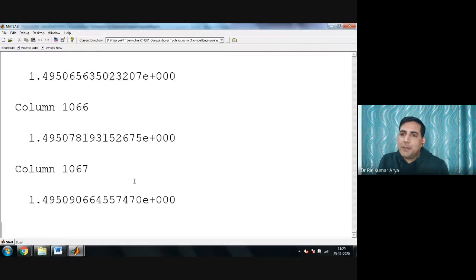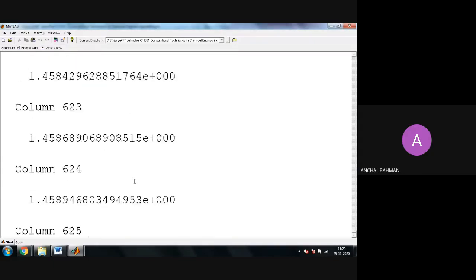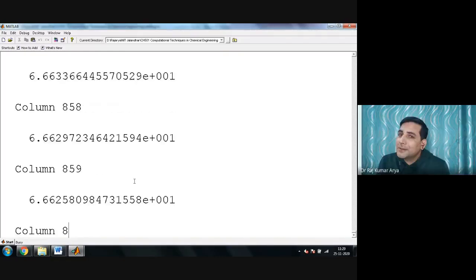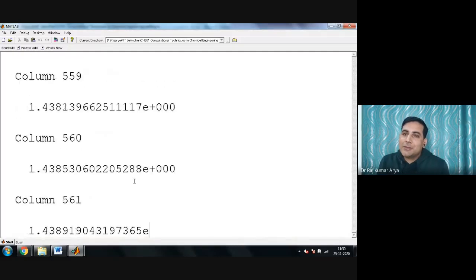So that happens, sir. But you said yesterday if it is working for the step size of 0.005, it should also work. It's working, yes, sir. But the number is going to the complex side.